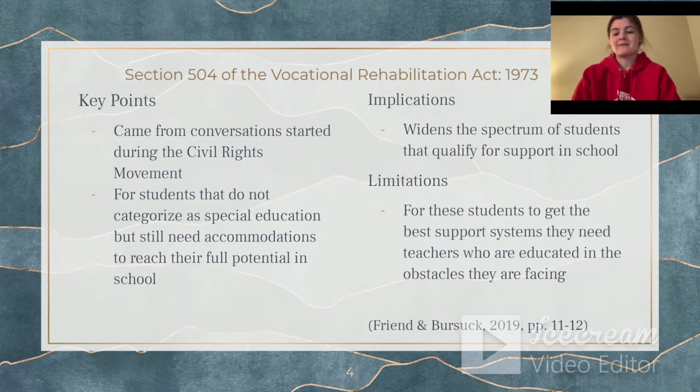Students who qualified for Section 504 are those with ADHD and asthma, to name a few. The biggest implication of this act was widening the spectrum of students that could qualify for support in school. The biggest message behind this was to step away from teaching students based on equality and instead focus on teaching